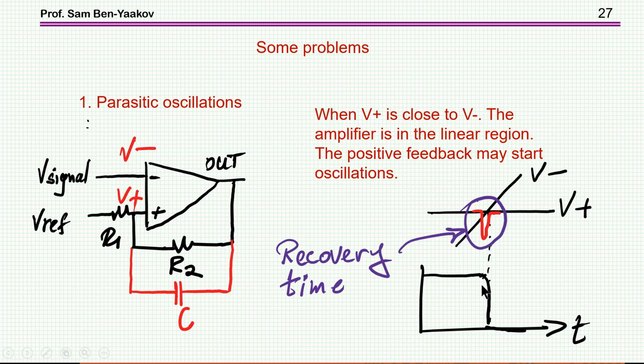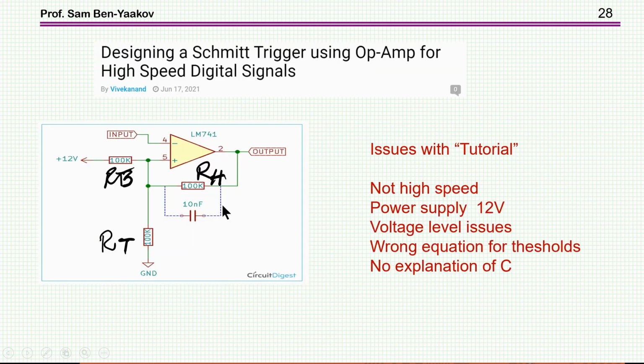So you have to take into account that if you put a capacitor, there is a certain dead time during which you will not be able to recognize another pulse that comes in. So the capacitance here shouldn't be too large because otherwise you are blocking some of the time, and if you have another pulse coming in, the circuit is actually locked and it'll take a while for the RC to discharge. So regarding the tutorial entitled Designing Schmitt Trigger Using Operational Amplifier for High-Speed Digital Signal, what